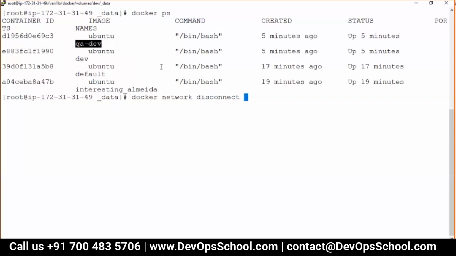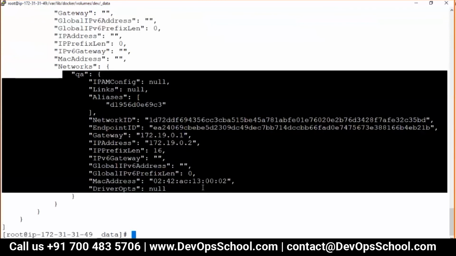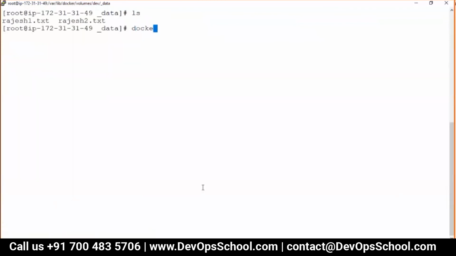The one I want to disconnect from is dev, which is this one. And done. Can I inspect this? Docker inspect and the container ID, and you should have only QA. Okay, so this is the way you connect and disconnect.